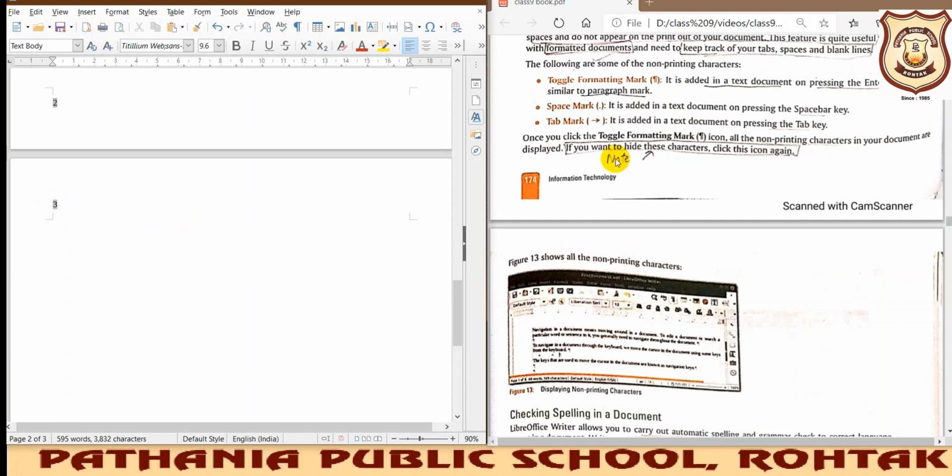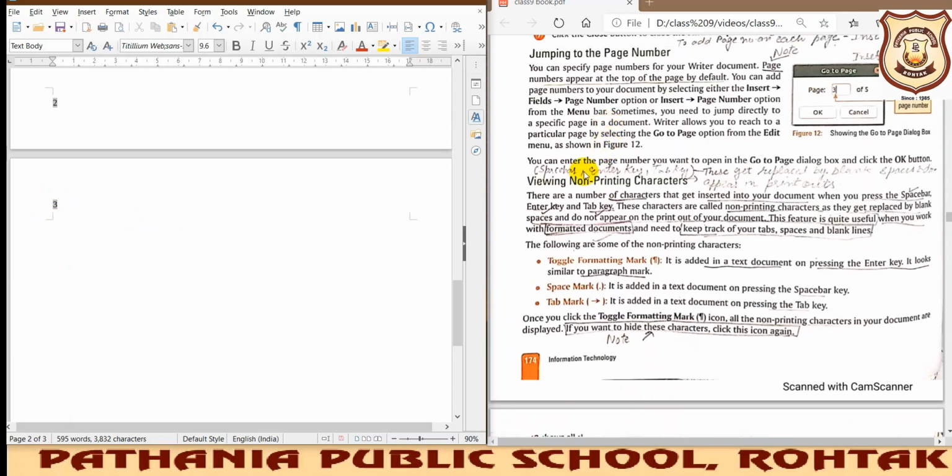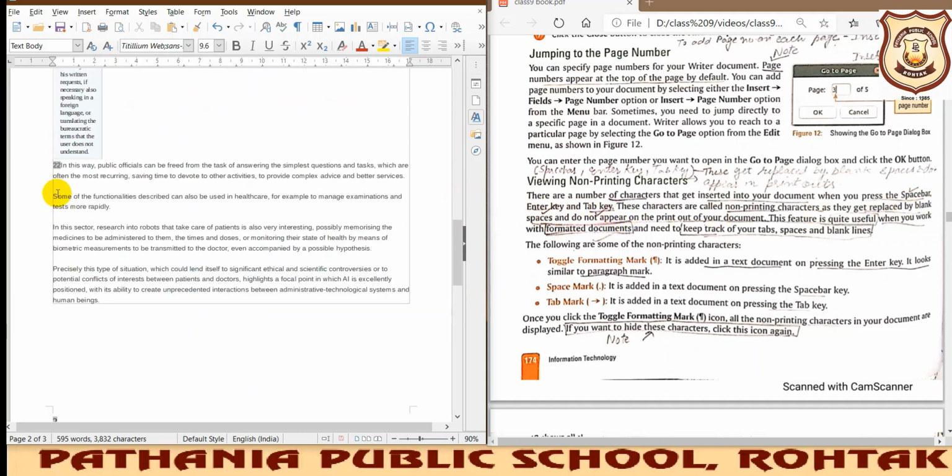Okay, so now the next topic is viewing the non-printing characters. There are certain non-printing characters that are inserted in your document, like the space bar, the Enter key, and the tab key. I will tell you the importance of them. See, this we are using